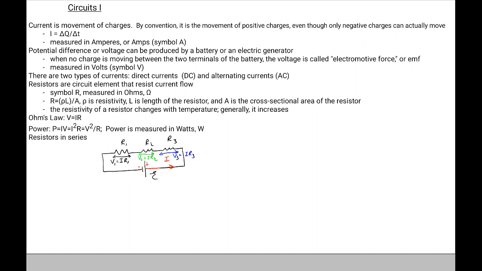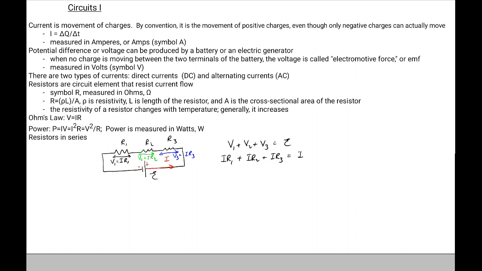But if we add potential drops V1 plus V2 plus V3, they have to add up to the EMF that the battery gave off, assuming that there is no energy loss in the system. So it is kind of a conservation of energy type concept here. So that means that if I add V1 to V2 and to V3, that will give me the EMF in the battery. So I'm going to substitute V1 with IR1, V2 with IR2, V3 with IR3,